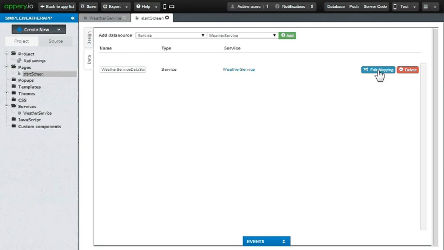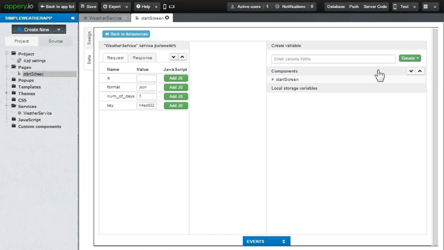After this, just go over and say edit mapping. As you might have guessed, this mapping is actually a mapping between the service request responses and the user interface widgets. So let's go ahead and see how that user interface looks. This user interface really is where all the magic happens. So pay attention to this one. So in the mapping details screen, you will see a request tab and a response tab. Right now I'm on the request tab.